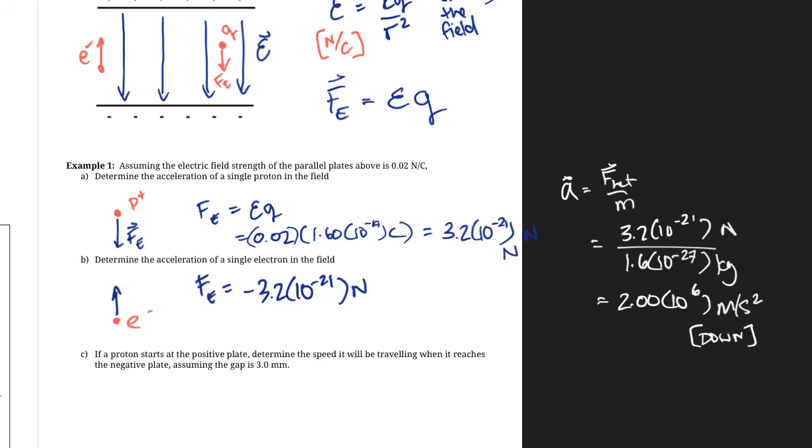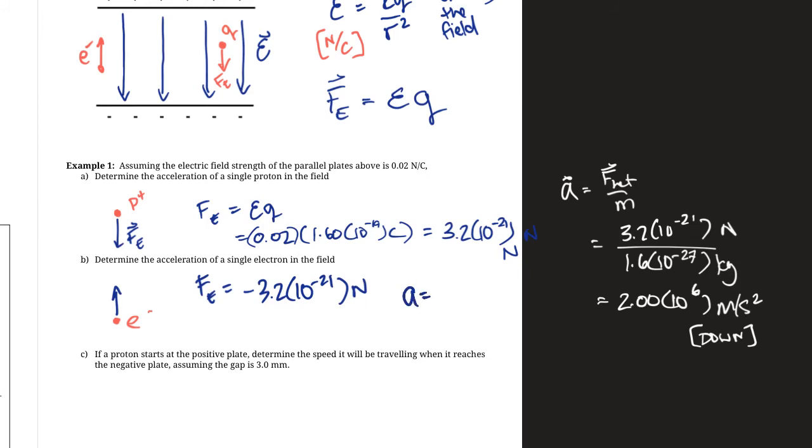Now the question is, is the mass of an electron the same as the mass of a proton? And the answer to that is no. Electrons are actually much tinier in terms of mass. They're much less massive than a proton. And the mass of an electron is actually